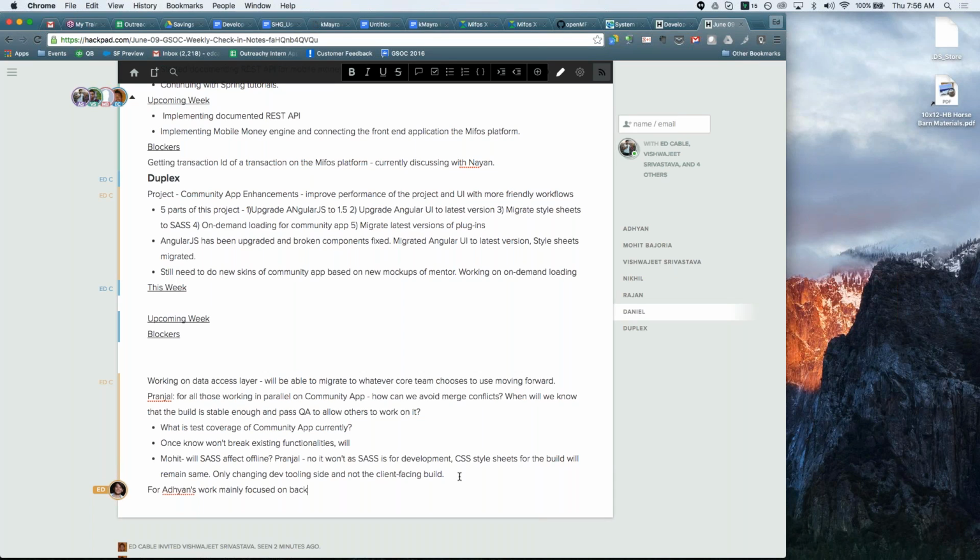So for now, his work is focused on the back end. Yes. And are we building it as we discussed before, such that other systems like the Android app or whatever app could pick up the notifications from the queue? Yes.